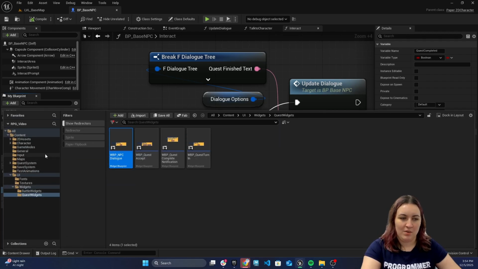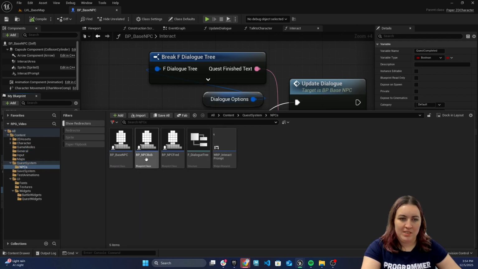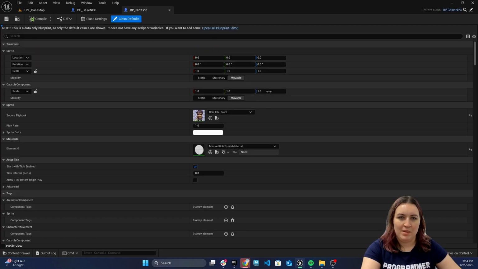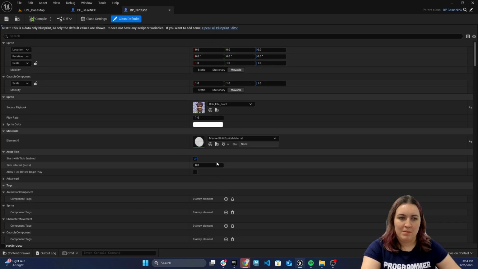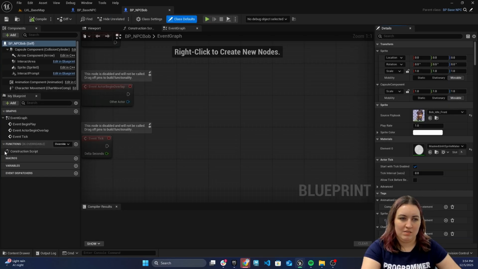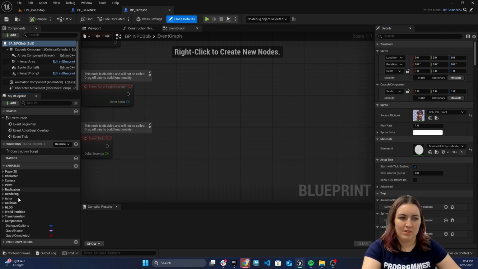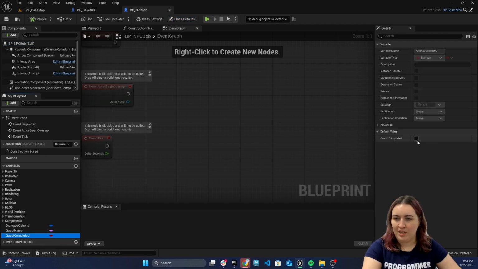So like I'm going to go into, let's see, go to the quest system, go into my NPCs, and I'm just going to go to Bob, and I'm going to mark Bob's quest as completed. Let me do this because it's easier for me to see. I'm going to take a little cog over here. You show inherited variables and go to quest completed, and I'm just going to